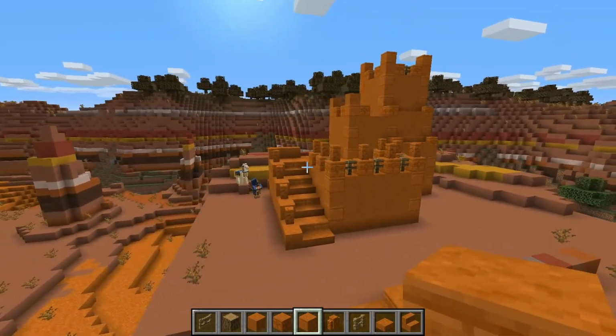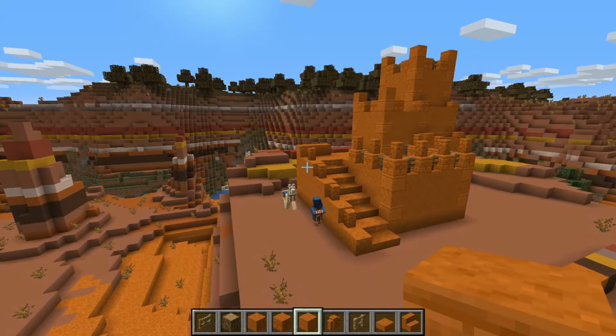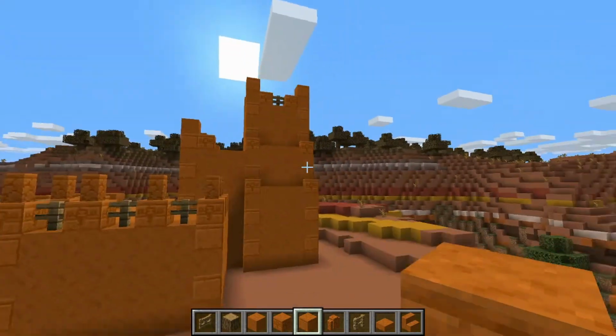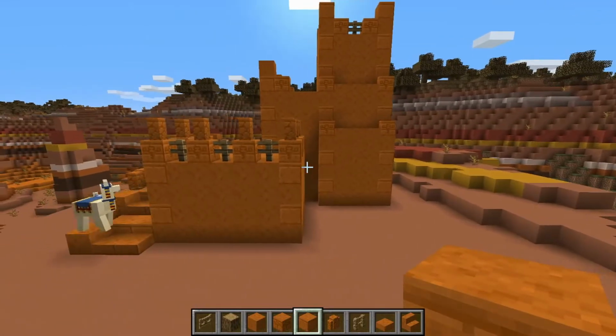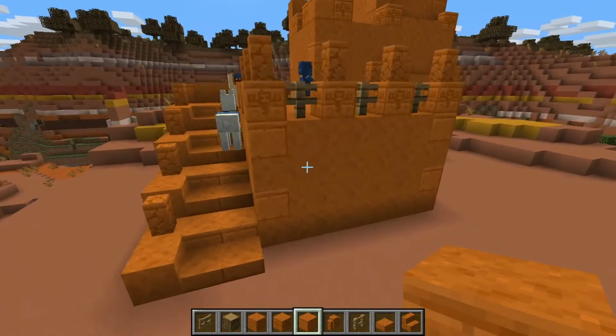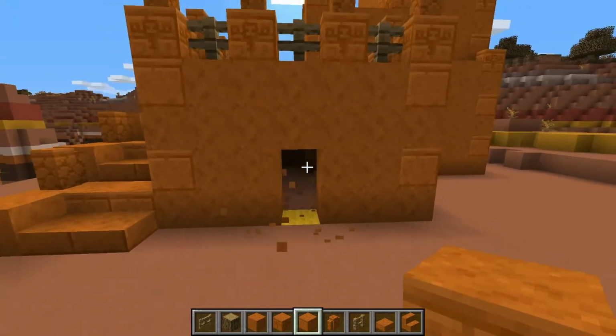Okay, already. Oh, look, we got a visitor already, the villager. Wonderful. Okay, so as you can see, it already looks a little bit better just having those cut stone put into the building there. And now one last thing, we're going to go ahead and build a doorway right there